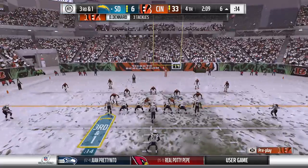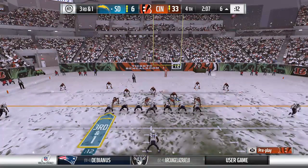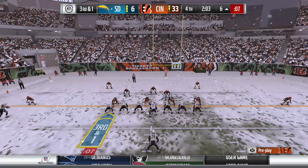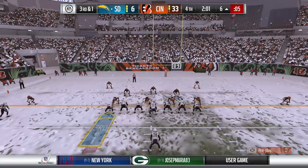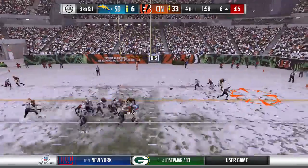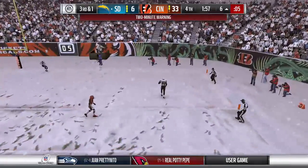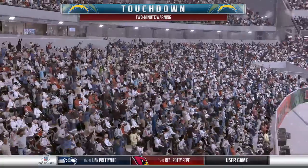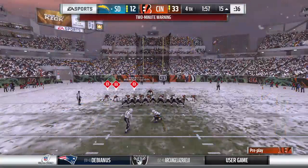Okay, no score on that play, but this guy's been a touchdown machine all year. You know they trust him with the ball. On 3rd and 1, here's Rivers. Finds his target. It's Gates. And he's in for a Charger touchdown. Still an important piece of business to